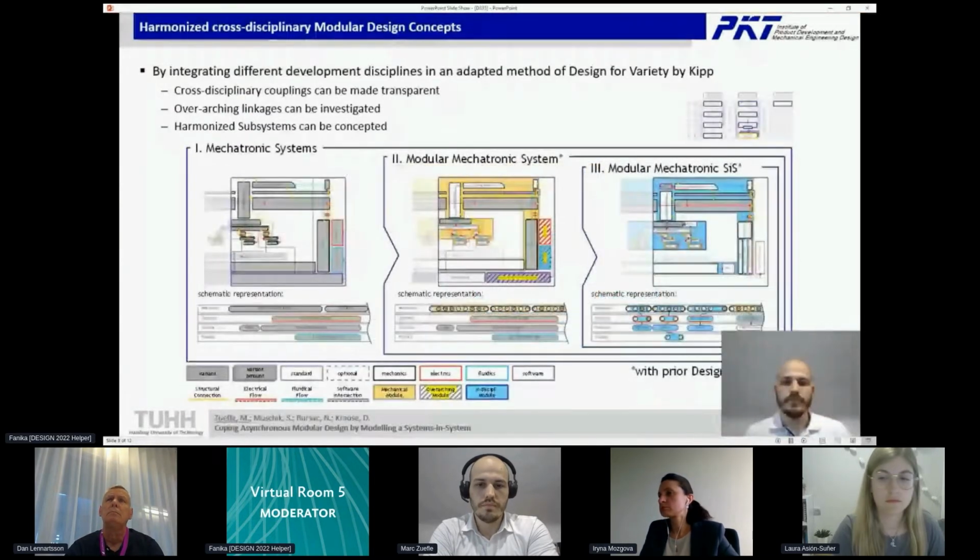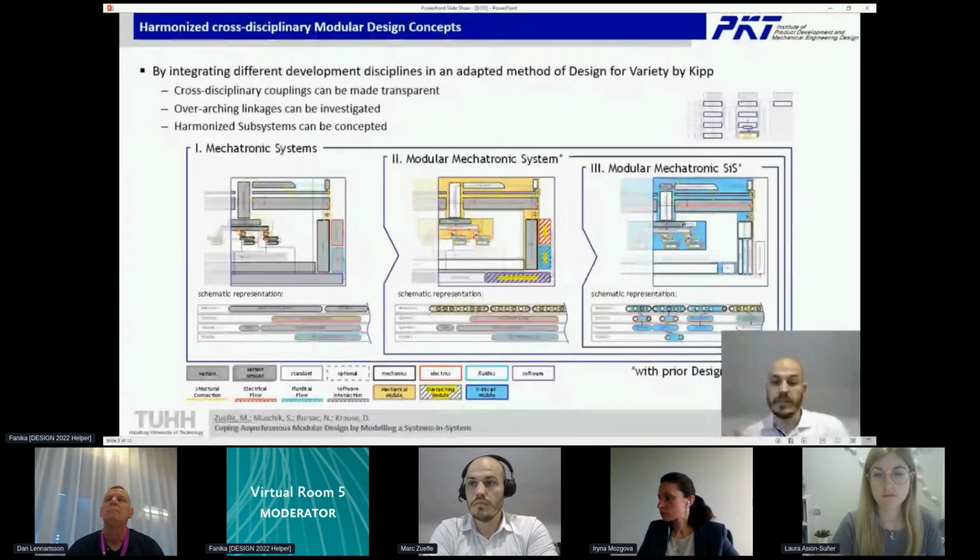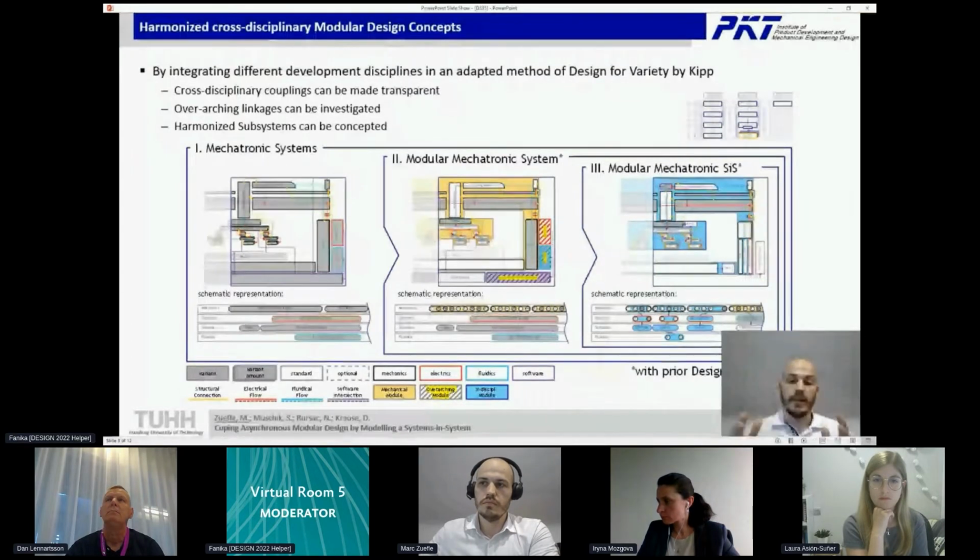So at the end we have these three stages, and on the right stage there's a concept of systems in system with fewer connections between the subsystems and modules, which makes the integration better and the consideration of other disciplines.